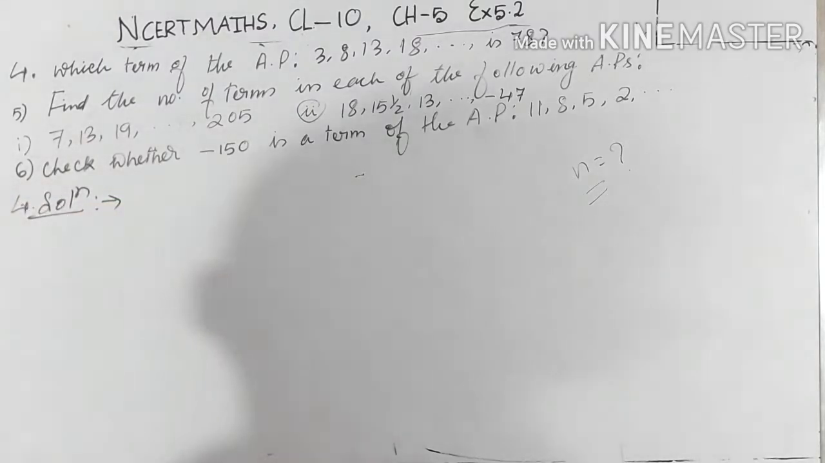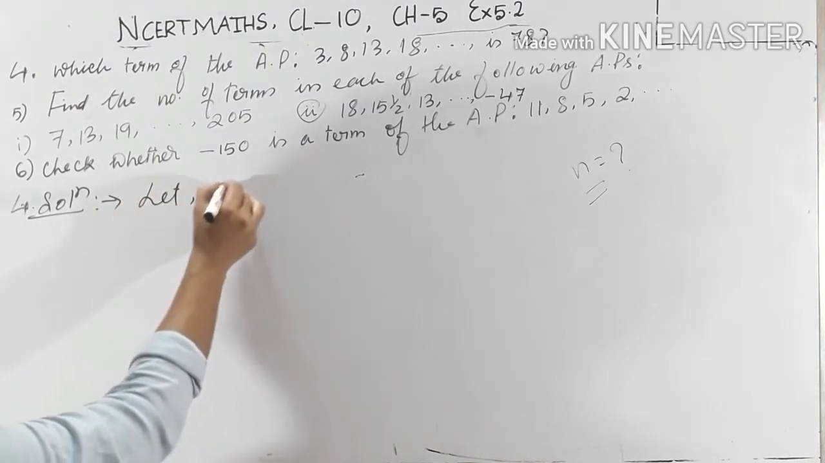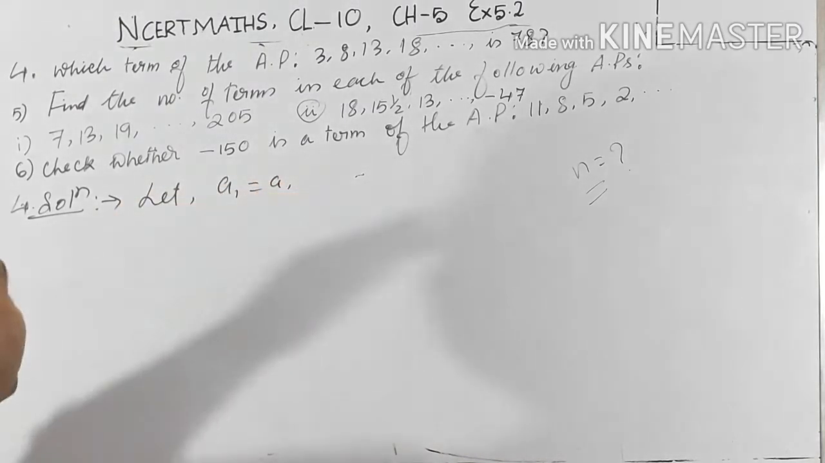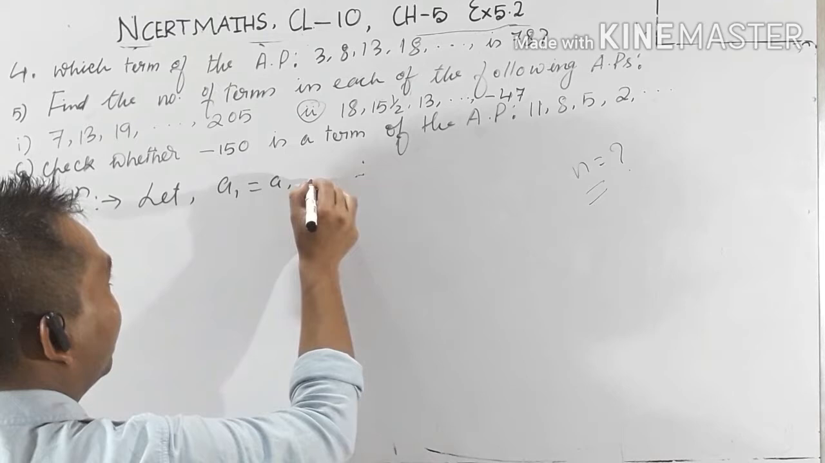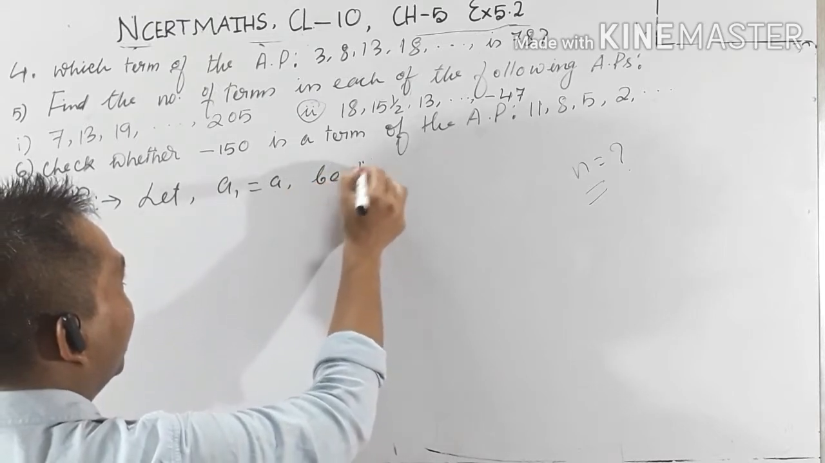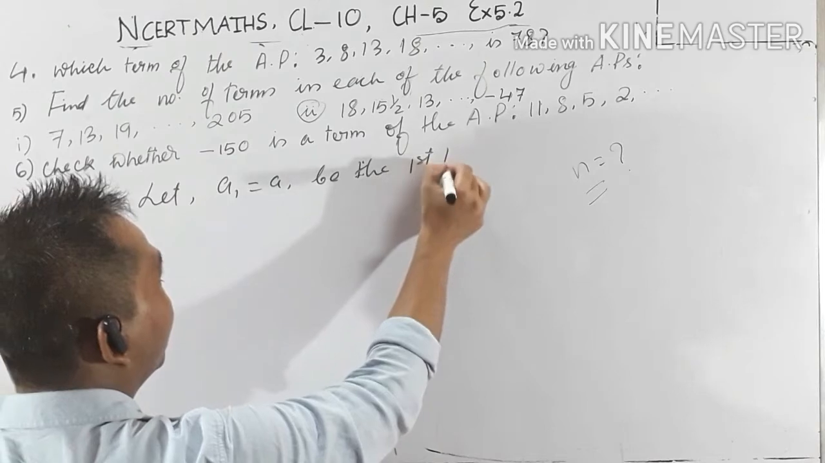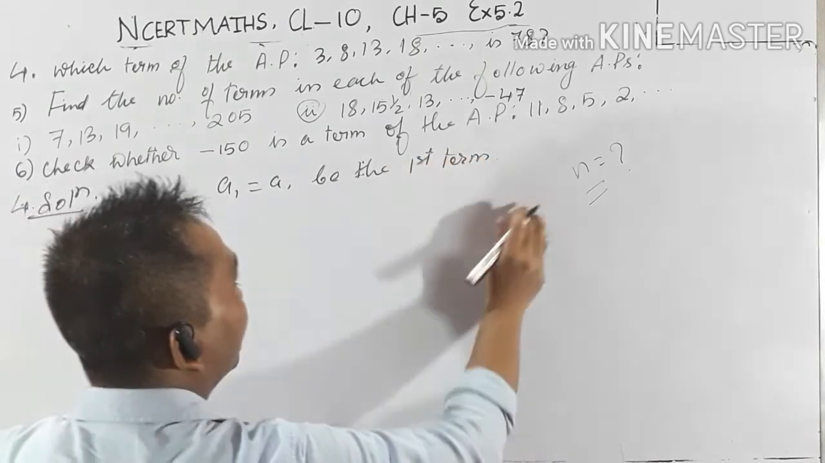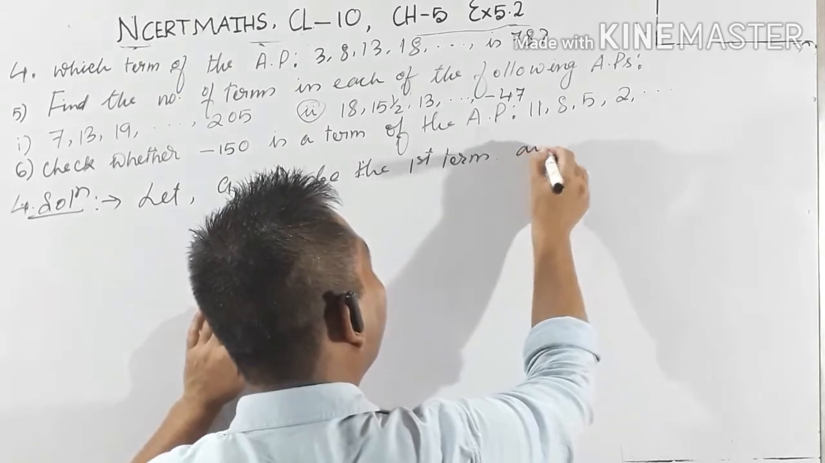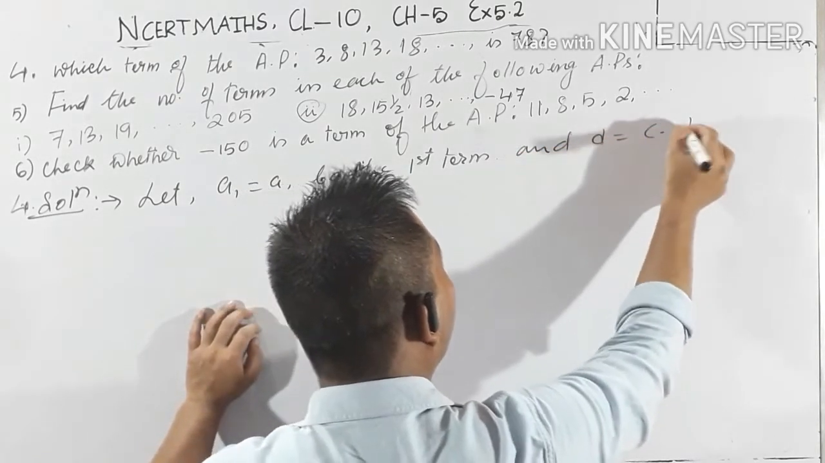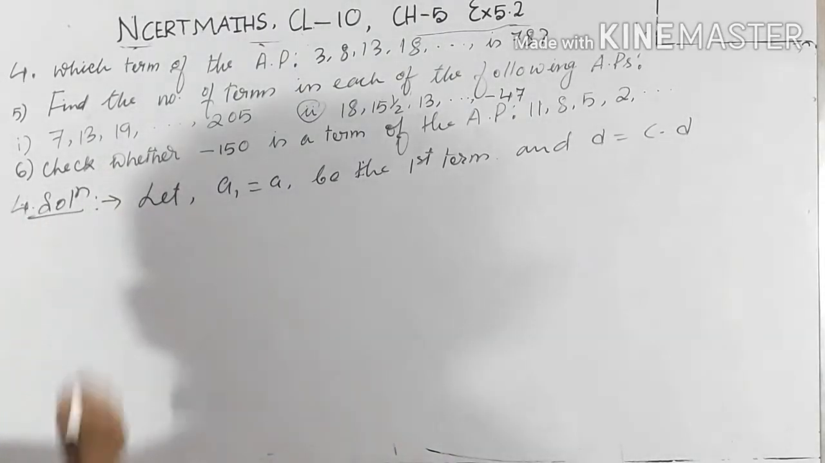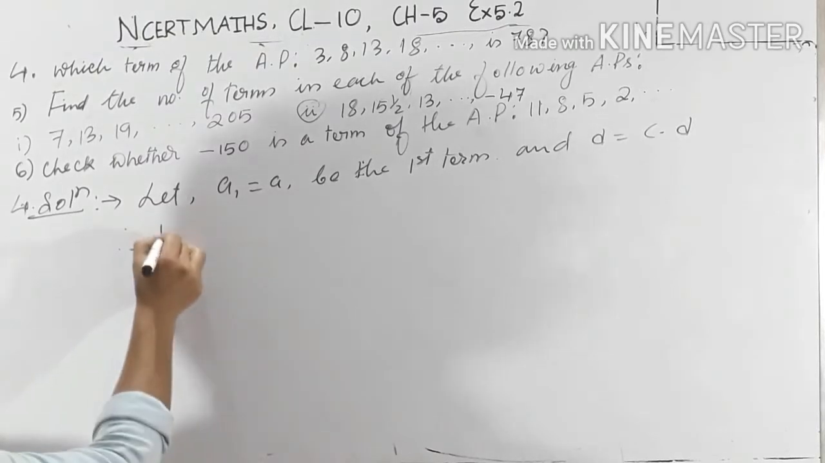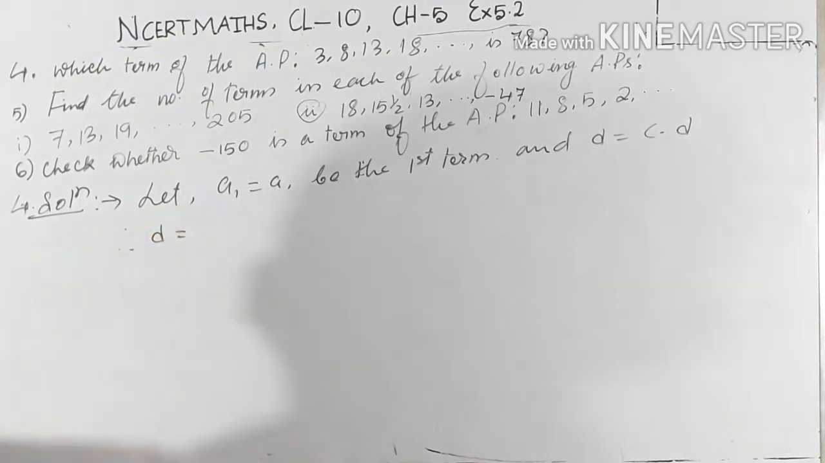Okay, find their number of terms. Sorry, which term of the AP, right? Let A1 equals A be the first term, and D equals common difference. CD means what? Common difference, right? Okay, then therefore D equals to,